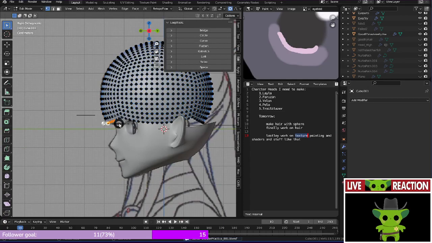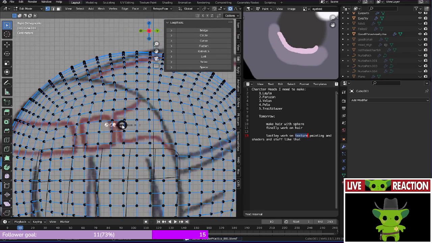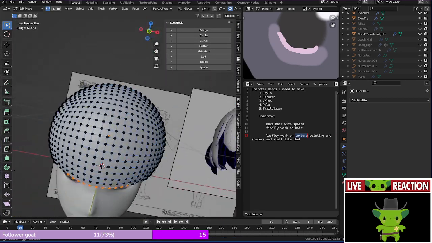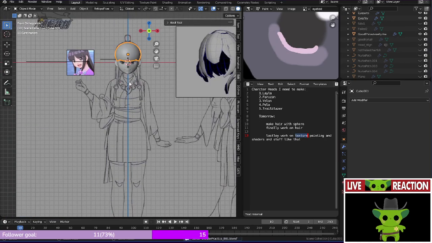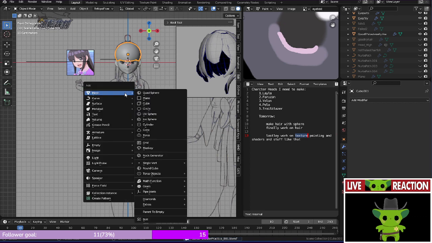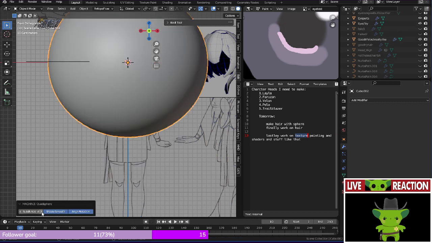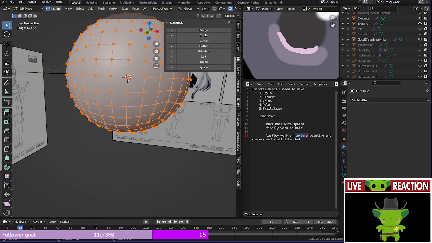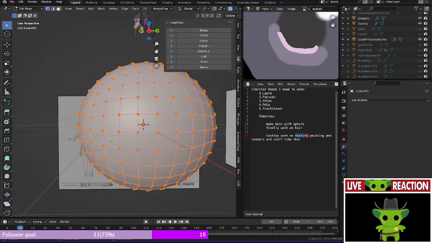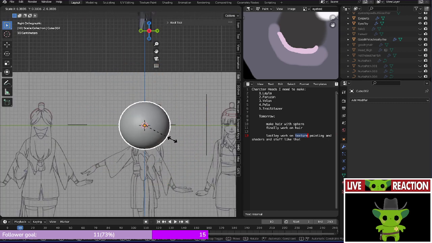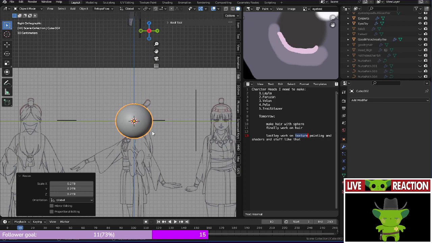Okay, how do I do this? I'm trying to think, sorry. I also probably could have reduced the amount of vertices when I spawned this in. I might even start again. Hold on, let me see how it looks if I were to decrease the subdivisions a little bit. Okay, that's maybe a little too much. Okay, I think that's a little better actually. But yeah, like I'm saying,